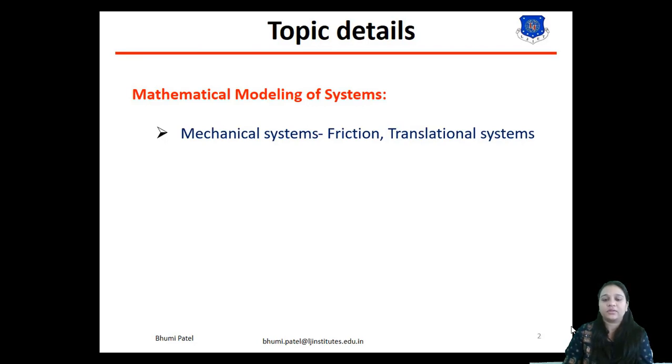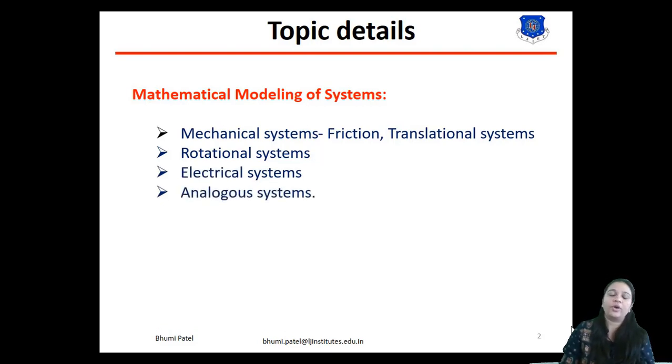The motion of a mechanical element can be described in various dimensions as translational, rotational, and a combination of translational and rotational systems. The equations governing the motion of a mechanical system are often formulated directly or indirectly from Newton's law of motion. So, the mathematical modeling of the system is the analogy of mechanical as well as electrical systems.